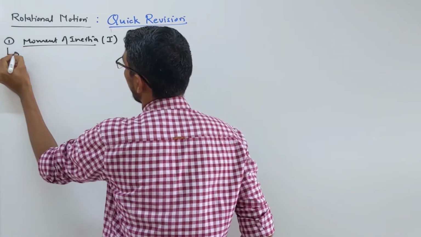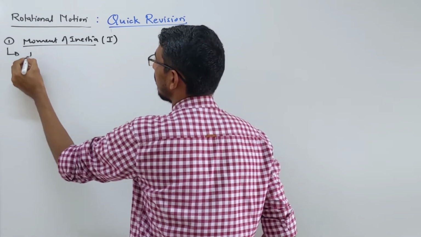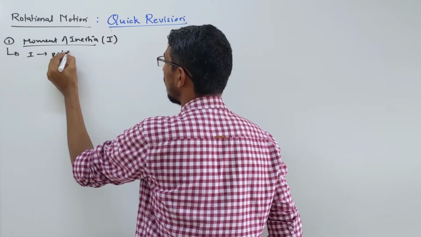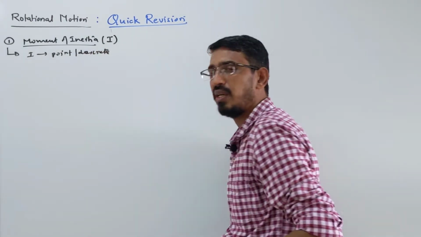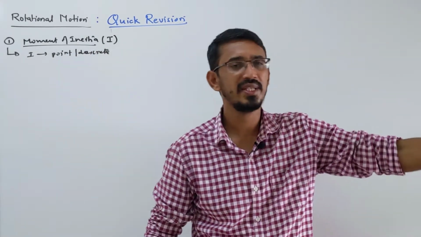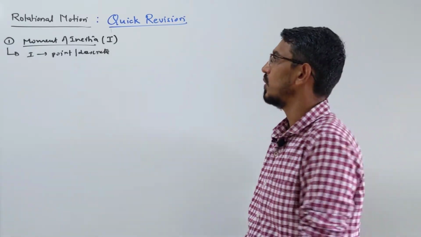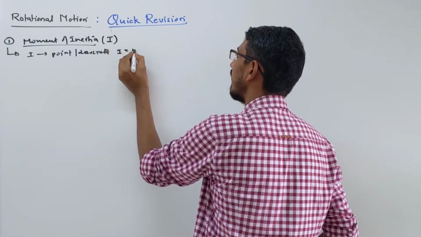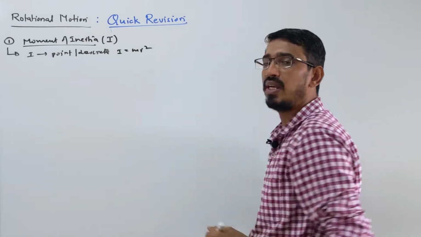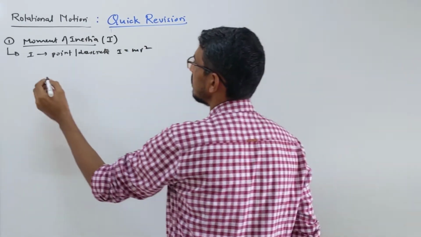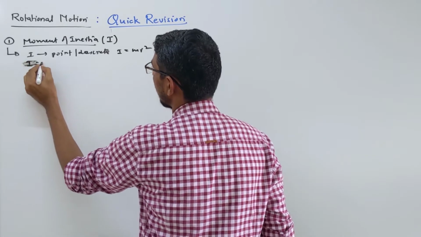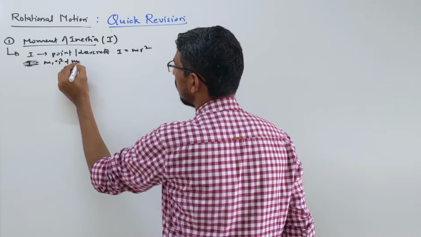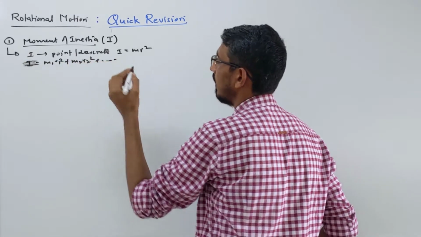The first type of equation is to calculate the inertia of point masses, or you can call it discrete masses. Simply here, a name is not given, they say just 2 kg, 5 kg placed at some distance, and you have to find the inertia. The general formula for this is m r square. If we have multiple masses, then you can simply add the inertia of all masses: total inertia is m1 r1 square plus m2 r2 square, and it goes on.